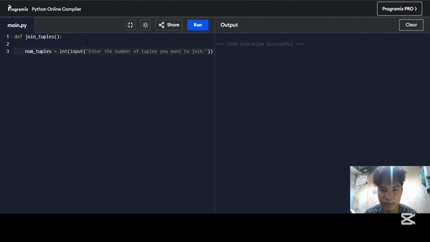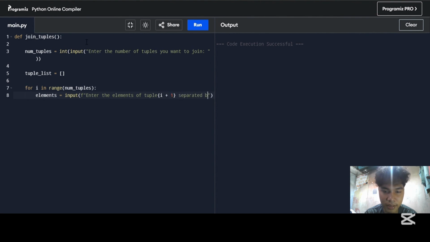Okay, so enter tuples_list = [], then for i in range(num_tuples): then enter, elements = input(f"Enter the elements of tuple {i + 1} separated by commas"): then enter,